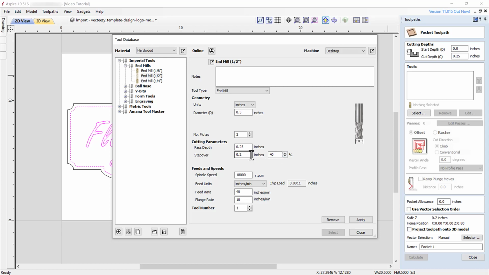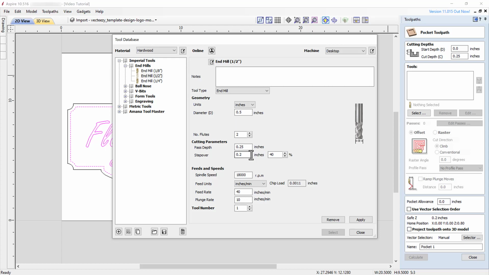These are the parameters that by default our software has provided automatically for us based upon the diameter of our end mill. Feeds and speeds are very important parameters. No single set of parameters is safe and appropriate for all CNC machines.